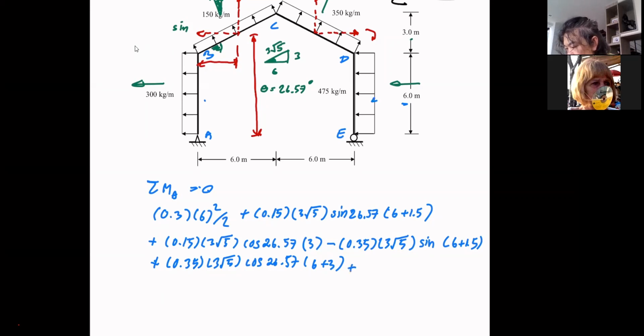So it's plus 0.4756 square over 2. And then let's say we think everything is going counterclockwise. So it's safe to assume that our RE may be going downward. So let's say minus RE multiplied by 12, okay, equal to 0. It's a bit long, and then yes, assume RE is equal to